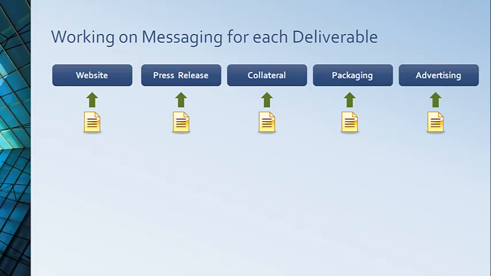or colleagues across industries. There are multiple marketing deliverables on the top. The website, press releases, collateral, etc. And each one of them requires work. So marketers spend time building the copy for the website, then they are working with maybe a different team to work on the collateral, and they build the messaging for that, and then they go work with an agency in advertising. This is very time consuming because the positioning and all the essence of what you're trying to communicate needs